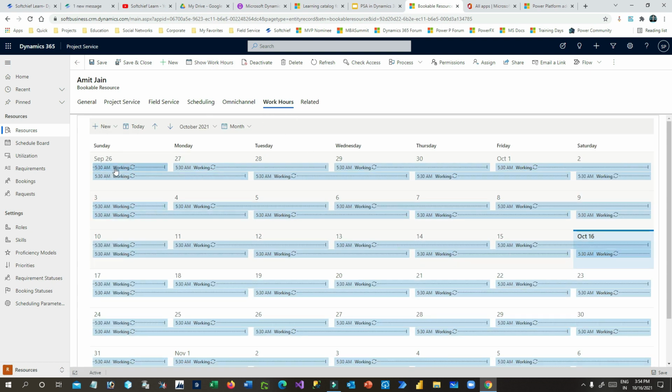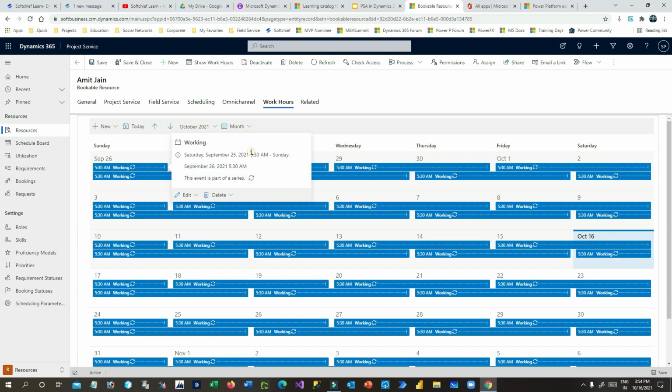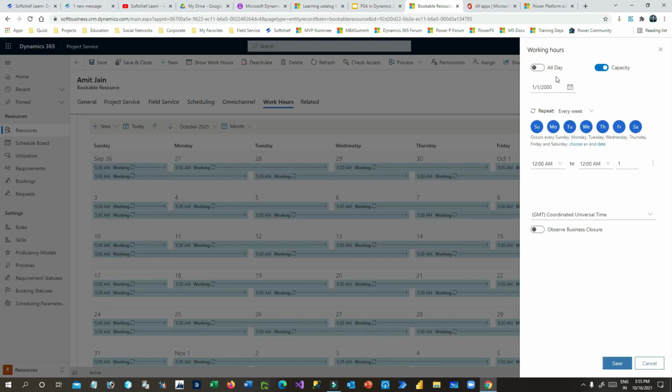The work hours are already defined, 5 to 5:30, so it is defining the timing as 5:30 AM to Sunday, right? Now I can change it. Once I click this, I can edit only this event, or I can also change other days. If I want to update all events in this series, click on all events and I can update here, right? Let's say he is working from today,